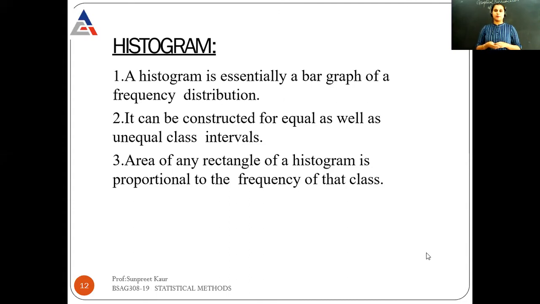Starting with the histogram. Histogram is a type of bar graph, students. You are given various frequencies, and you have to make a diagrammatical representation of it. Why do you have to make the diagrammatical representation of it? Just because for the presenter who is presenting it, it's easy to present it in diagrammatic form, right? And the reader who will be reading your information, he or she will be able to get the information in a very convenient way through the diagrams, through the